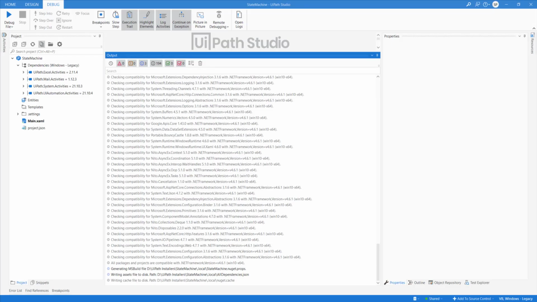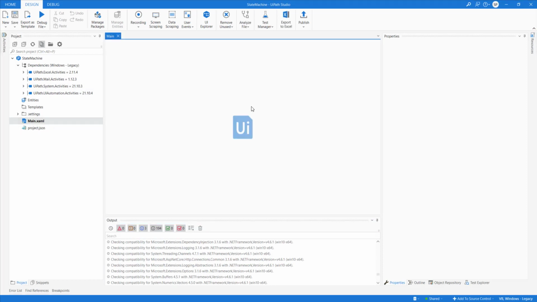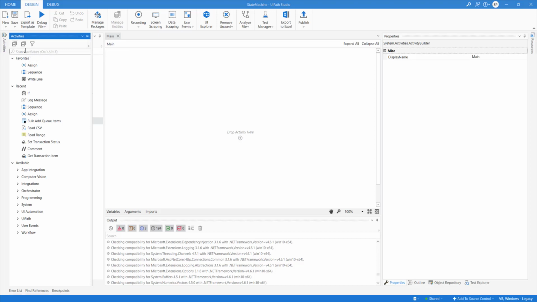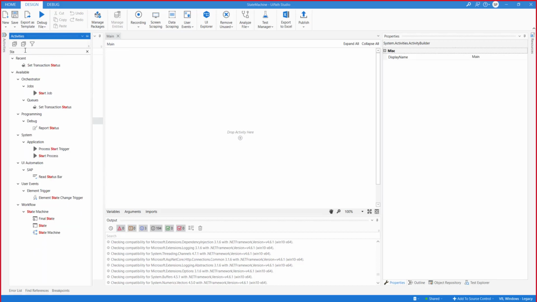In the main workflow, when you filter here for state, you will see the state machine.